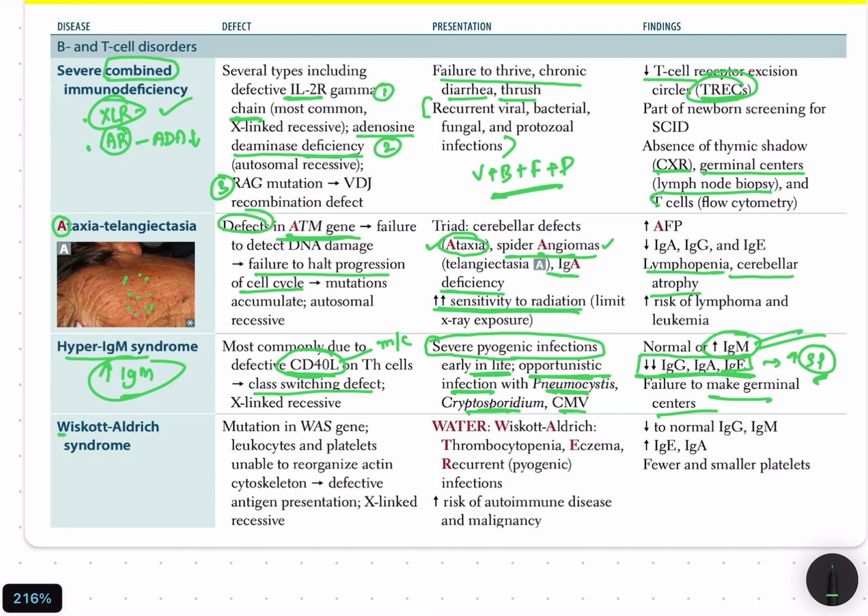Next is Wiskott-Aldrich syndrome. Here the defective gene is the WASP gene. This WASP gene is needed to mature the T cell cytoskeleton. If the cytoskeleton is not matured properly, the T cells are not going to develop properly. This is required to stabilize the T cells. So the leukocytes and platelets are unable to recognize the actin cytoskeleton, and there is defective antigen presentation. Just remember, there is defective cytoskeleton development in the T cells as well as in the other leukocytes, and that causes defective